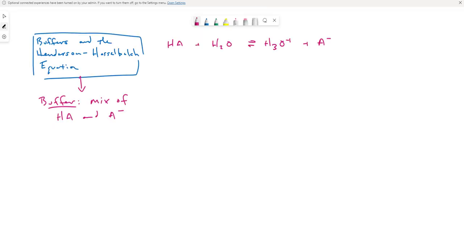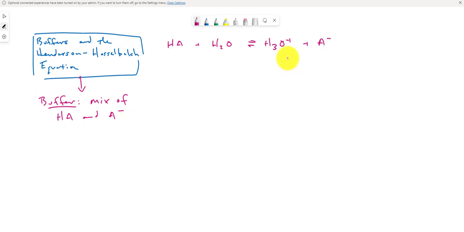Okay, so far we've dipped our toe into thinking about what buffers are, their utility, and a little bit of how to compute them. But we're going to move and add a little bit more generalization to those things by thinking about this thing called the Henderson-Hasselbalch equation. So remember, a buffer is really simply defined as just a mixture of a weak acid and its conjugate base,